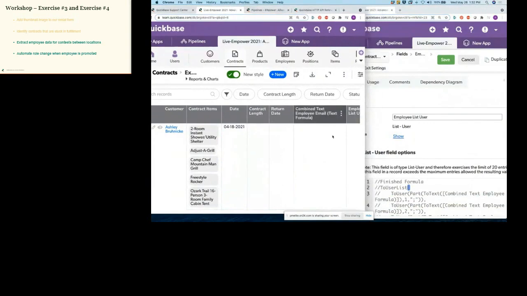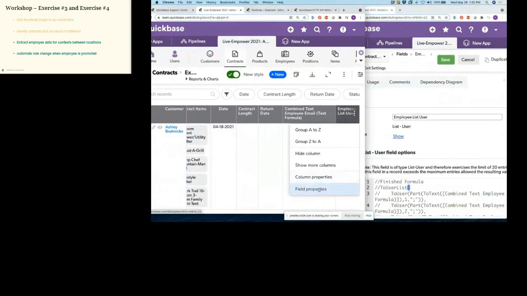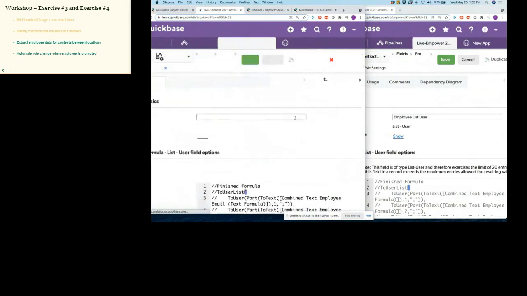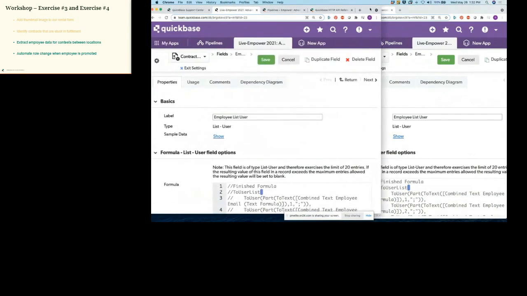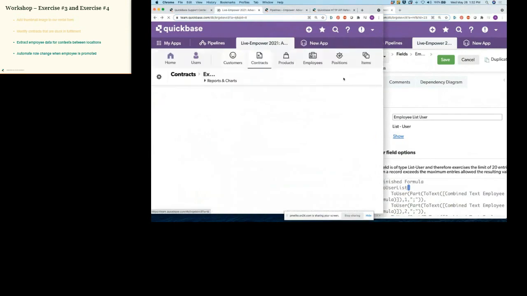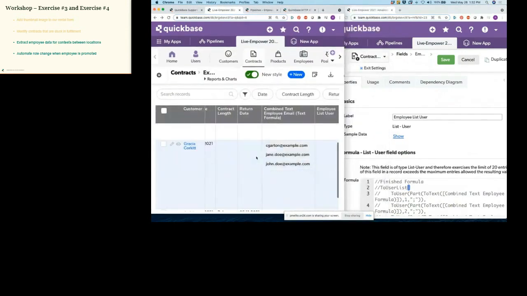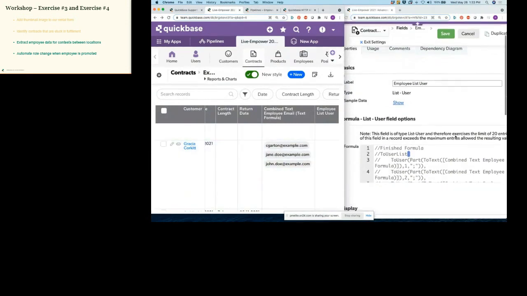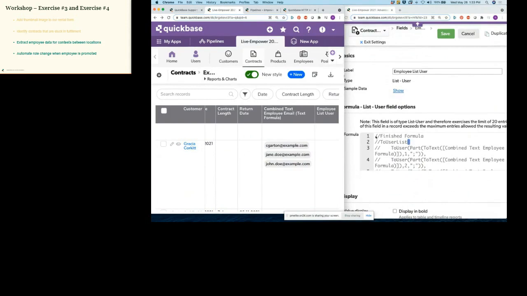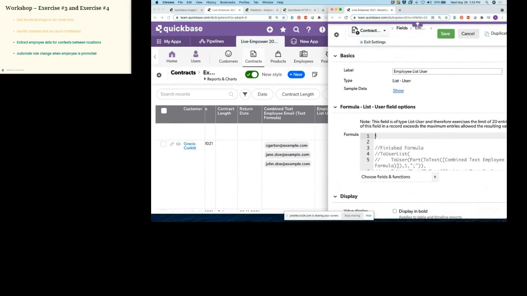So now, with this one in mind, let's take a look at the employee list user formula. Oh, sorry, wrong one. I wanted to keep this one on this window so that we can see the three examples that are right here. So our formula that's already here inside our result is what you can reference, but building from the inside out,